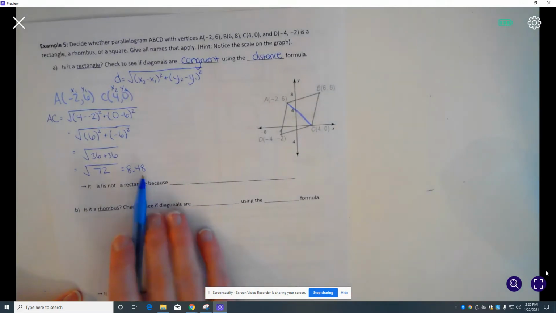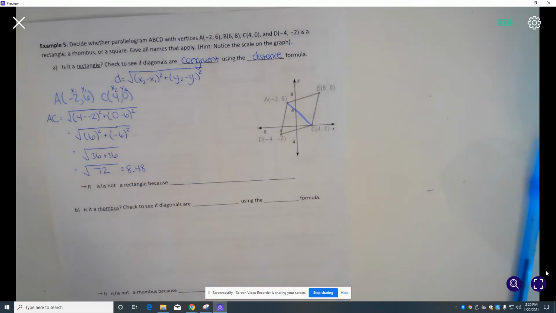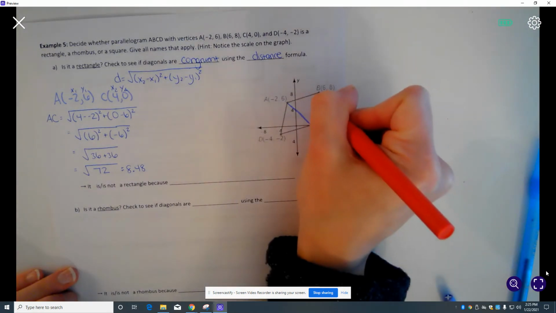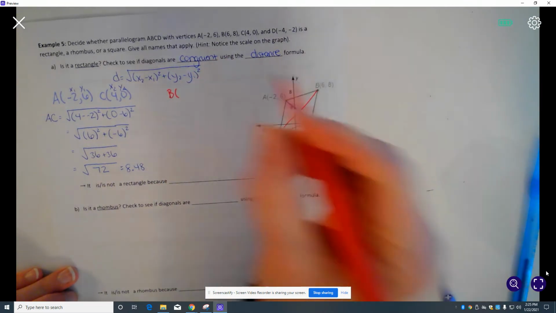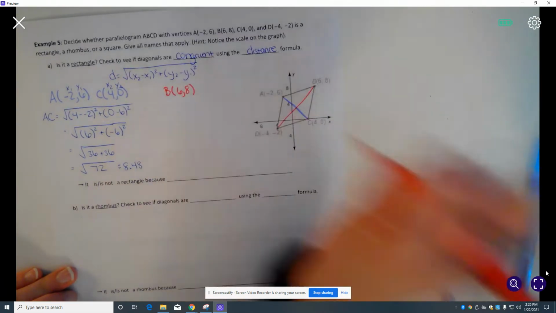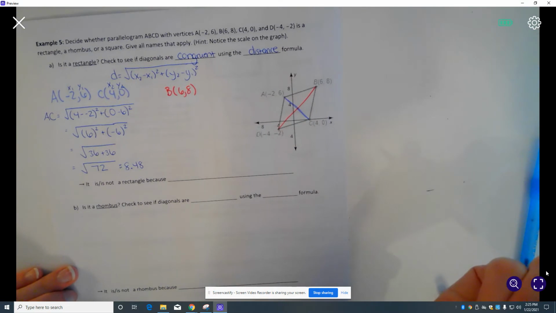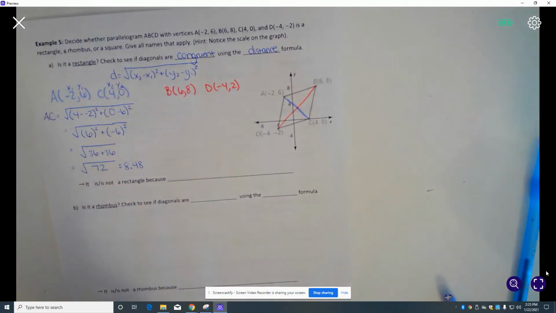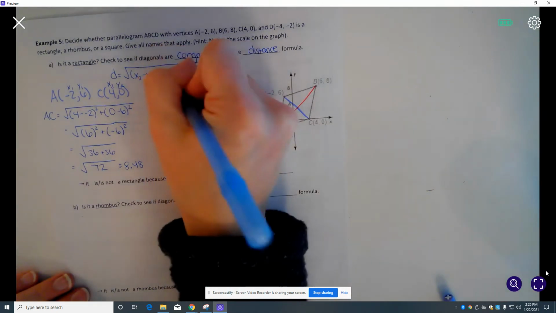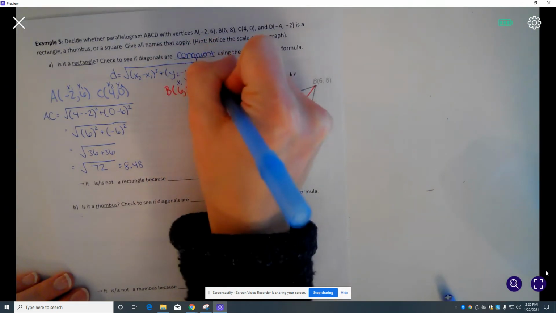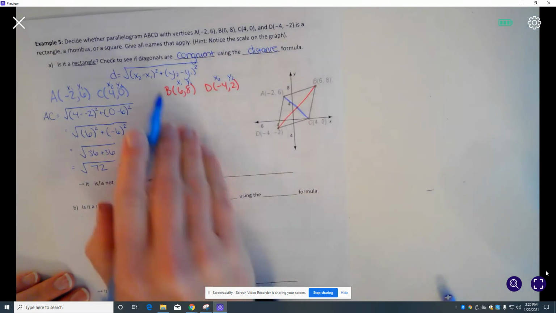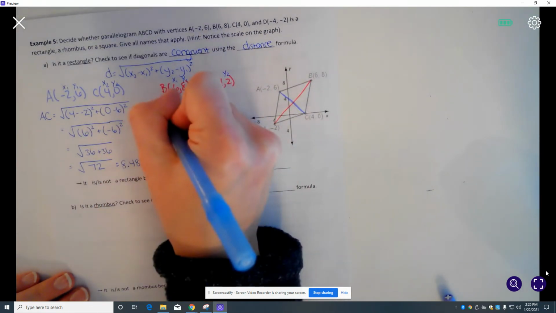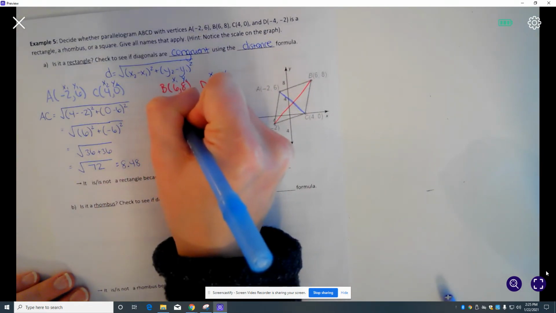So now we need to check the length of the other diagonal, and we're wondering if it's equal in length to AC. So now we're going to use B, which is at (6, 8), and D, which is at (-4, -2). And we're going to do the same thing. We're going to label these x1, y1, x2, y2, and plug them into the distance formula. So the length of BD,